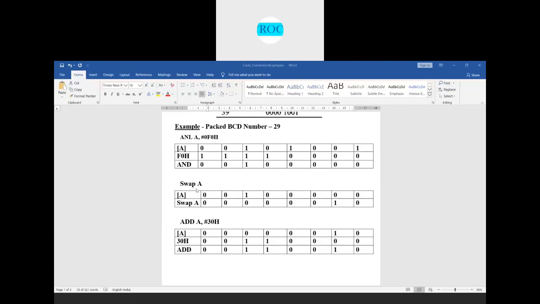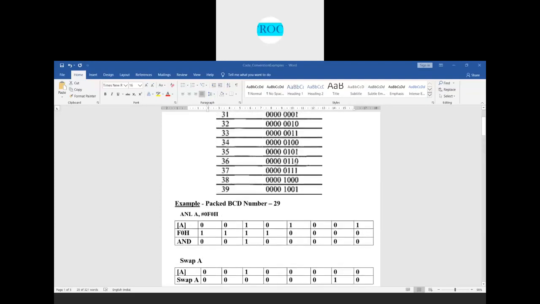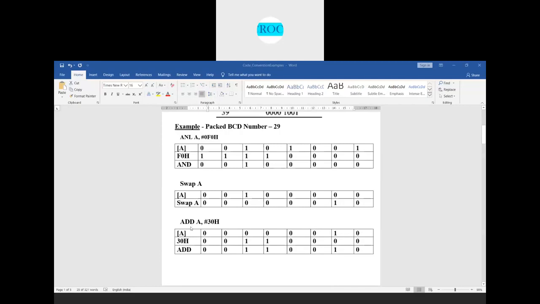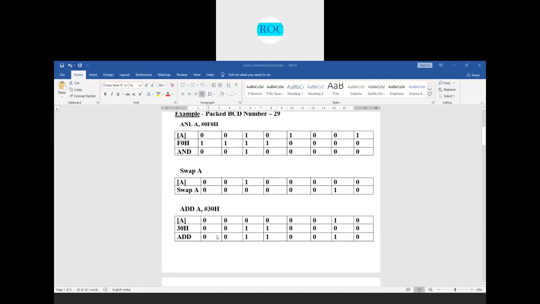Now to this unpacked number 2, we add 30. ADD A, #30H. A is having 02 now. To that 2, we add 30H. What do we get here now? A is having 02, and we need to add 30. How do you represent 3 here? 0011 0000, right?